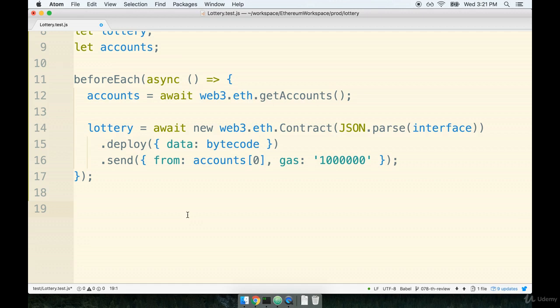Now that we've got our testing rig all set up, we get to start doing the fun part, which is to write some tests around our contract. You might be thinking, Steven, writing tests is not fun. However, trust me, this is some of the most direct experience that you're going to get around working with Web3